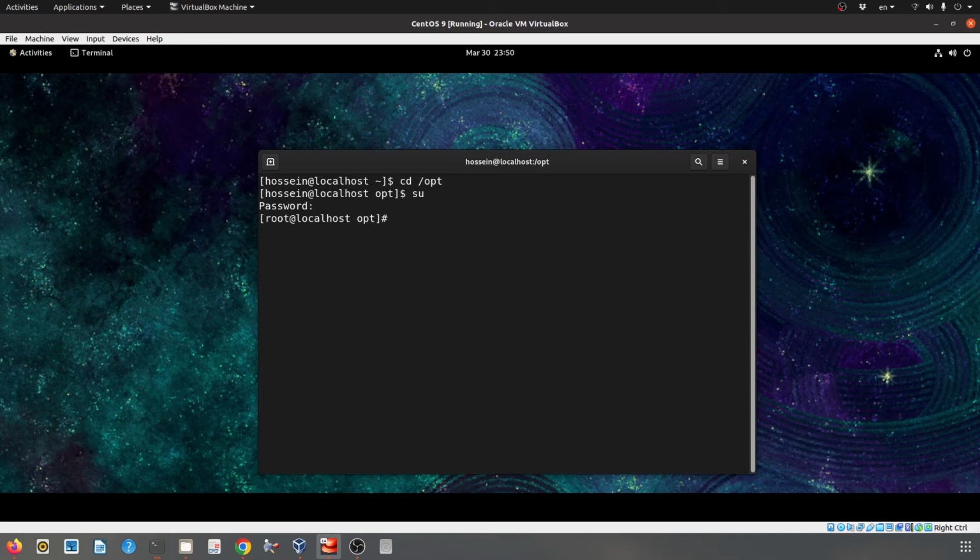Okay, now we can extract files using the tar command, tar xvjf, and then we must provide the path of the binary file. But first let's find where the binary file is, by the ls command.